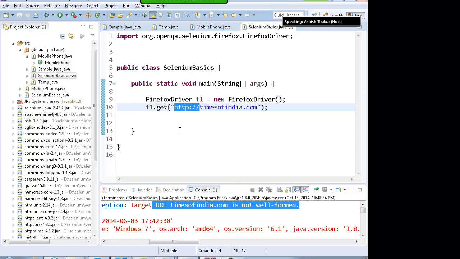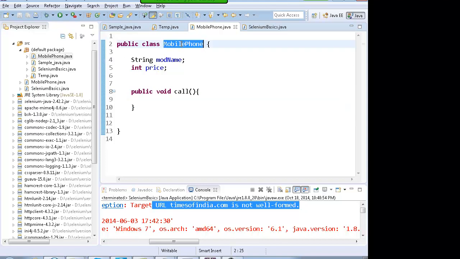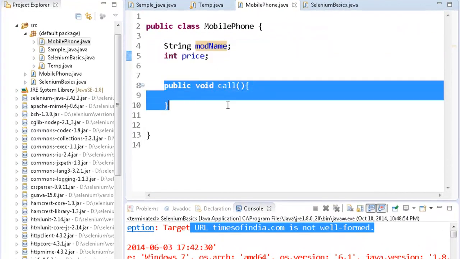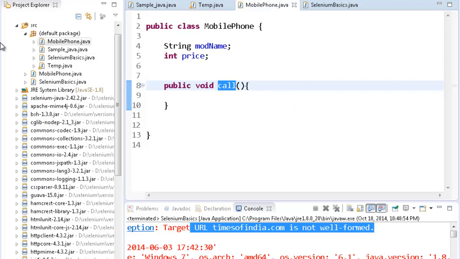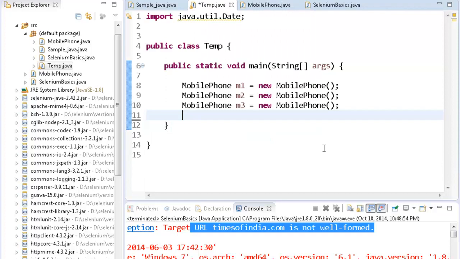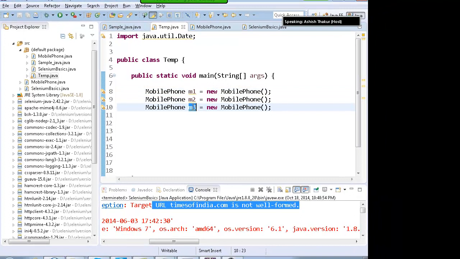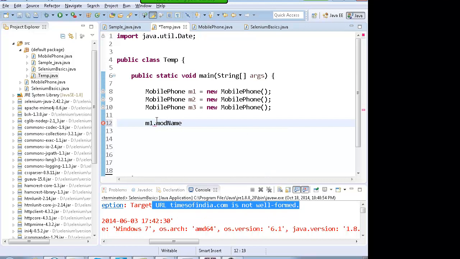I just took a simple browser Firefox and I told you. Fine. Now I'll go back to Java language, to the concepts of object-oriented programming. I'll open up the mobile phone class. In mobile phone class, I had this model name, string price, and this call function. In temp.java, I had created the 3 objects. Hold on. I'll delete all of this. And now, with M1, M2 and M3, you could initiate the objects. I could write M1.modelName as A